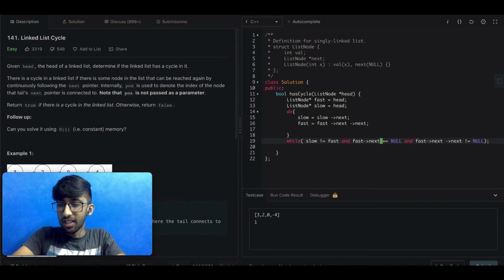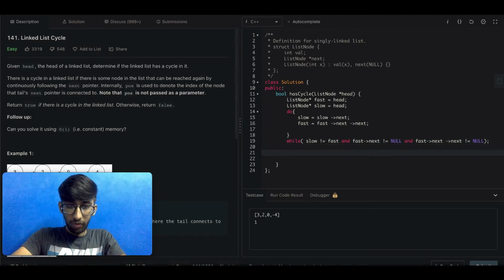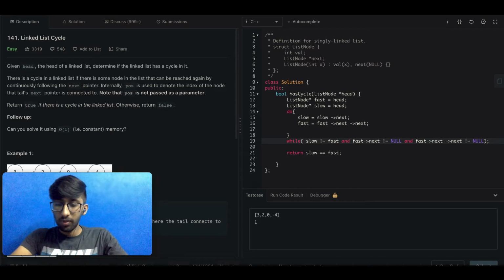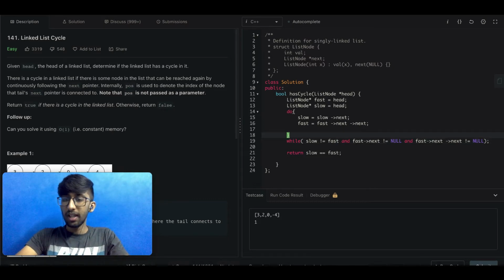We are using negation here because this loop runs until any of these conditions is satisfied. So if one of these conditions is satisfied, it means we've reached the end or we've detected a cycle. So we'll have to stop proceeding forward. Now, how do we know if we have detected a cycle or the list has ended? There are 3 ways that this loop can terminate. One, if the fast becomes equal to slow, which is when a cycle is found, or if it reaches the end, which are these two cases.